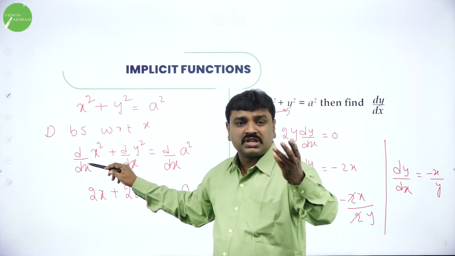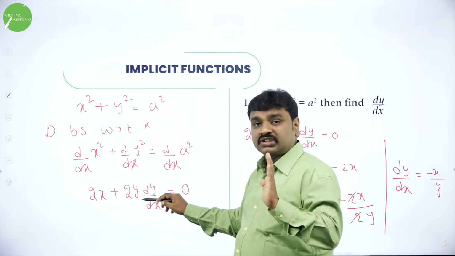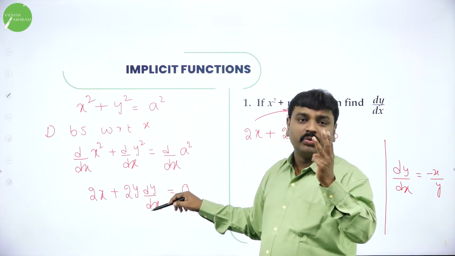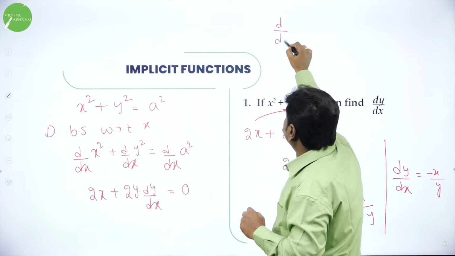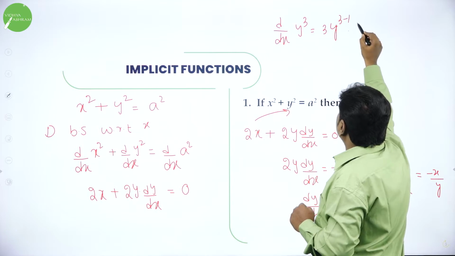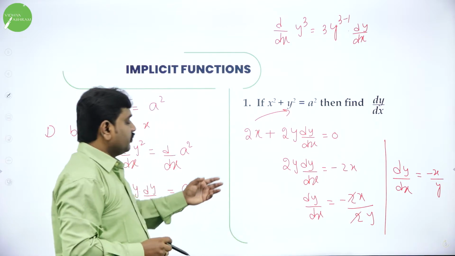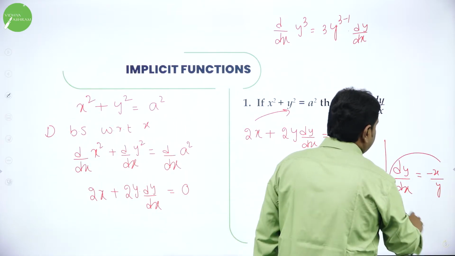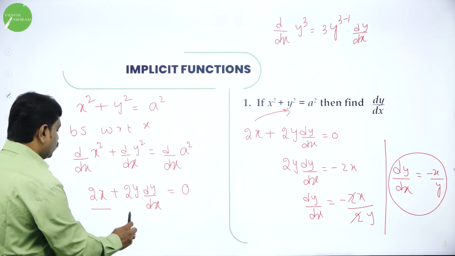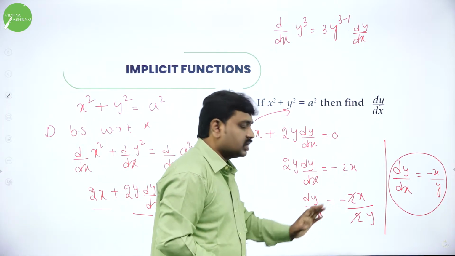And for x square, all of you know d by dx of x square is 2x. But this is important: the derivative of y square is 2y, and you should not stop, into d by dx of the internal function. What is the internal function? y. Chain rule. If I give y cube, d by dx of y power 3 will become n into y power n minus 1, that is 3 y power 3 minus 1, into d by dx of the internal function y. That is how it goes on. So now we got the value of dy by dx. The dy by dx value is minus x by y. Further, 2x and 2y dy by dx, and we need dy by dx, make it the subject, transfer 2x to RHS as minus 2x and rearrange.